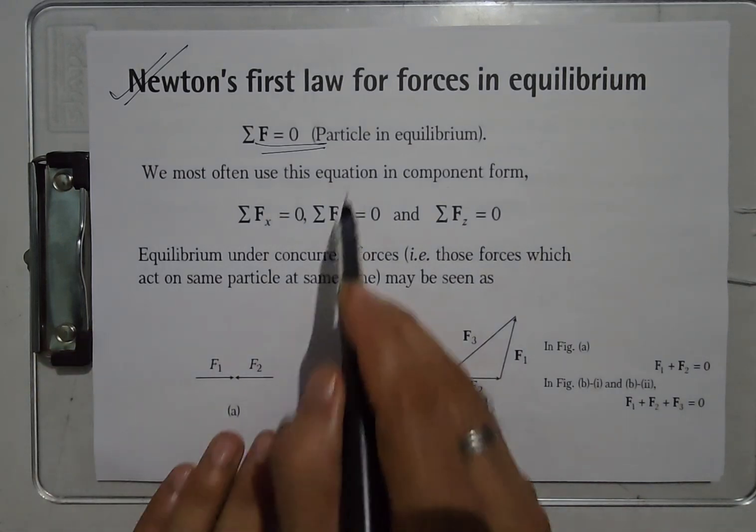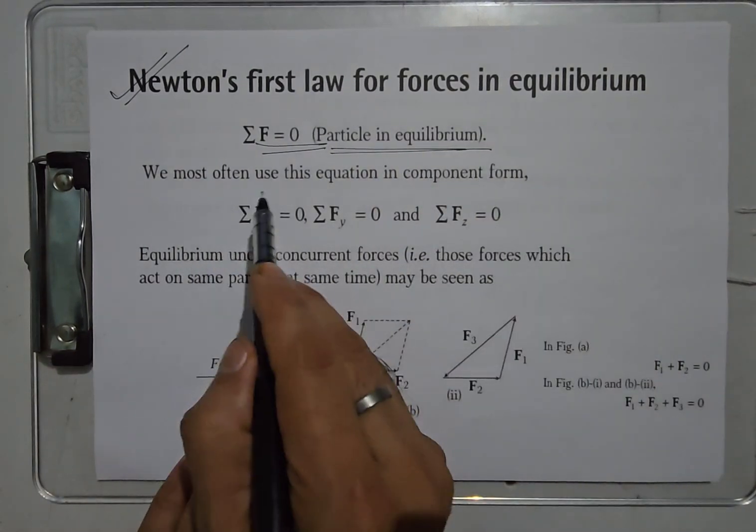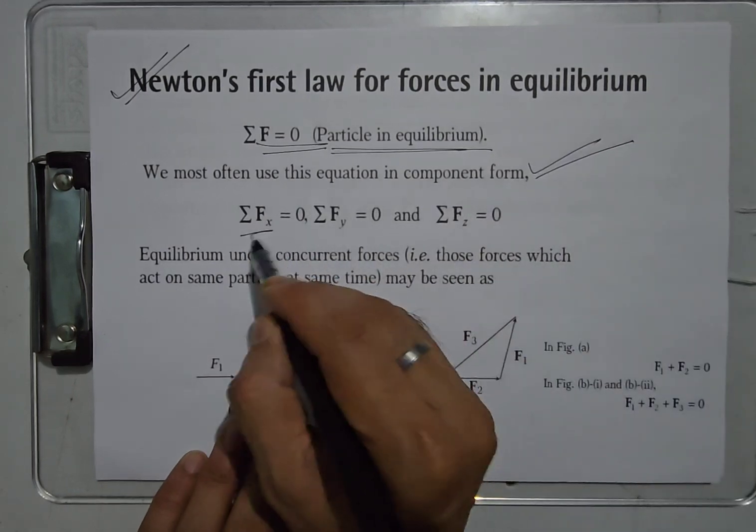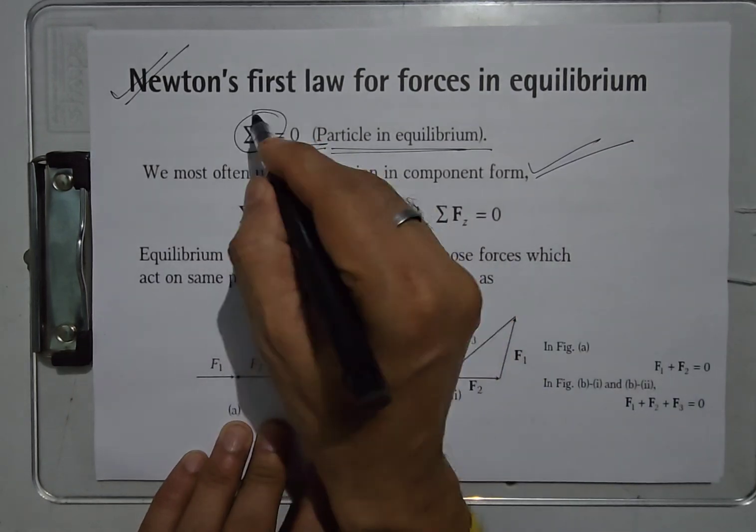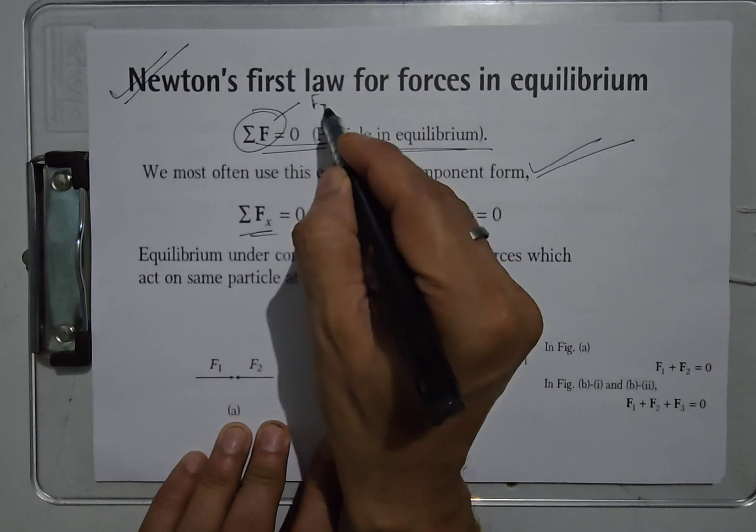Okay. Now delta F is equal to 0 means the particle is in equilibrium. We most often use this equation in component form. Means delta Fx is equal to 0 and delta Fy is equal to 0. If delta F is equal to 0, it means the components of this in x direction as well as y direction